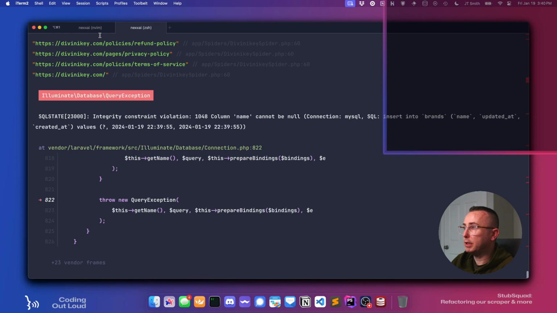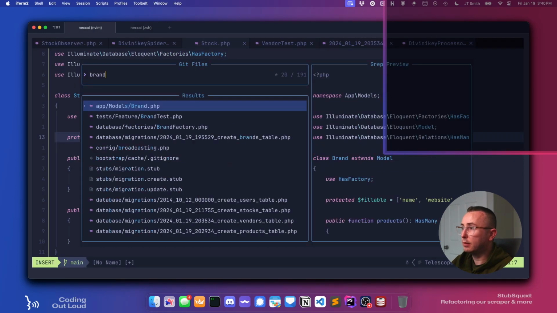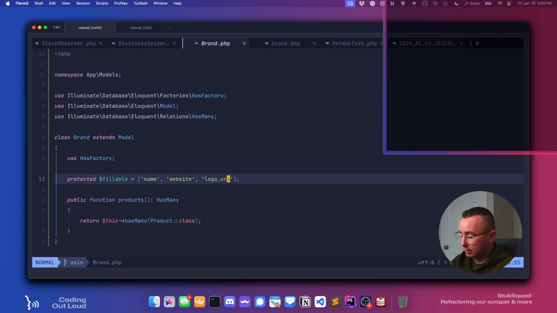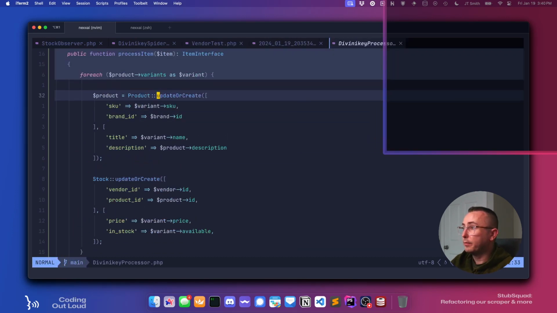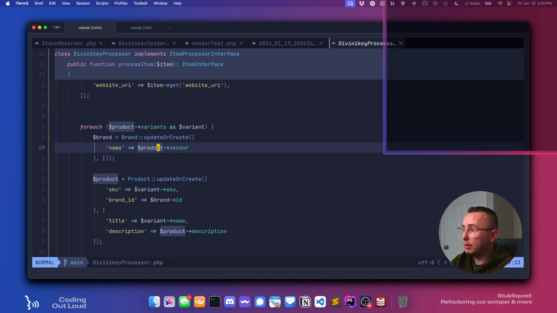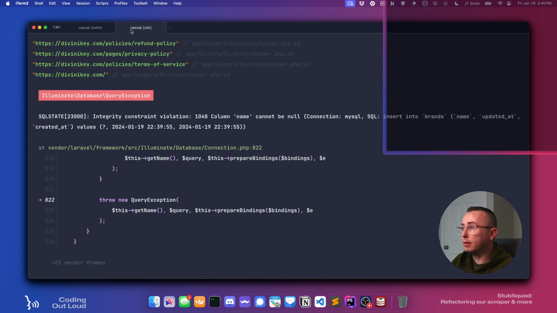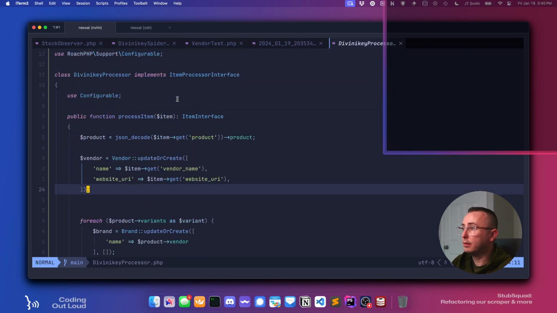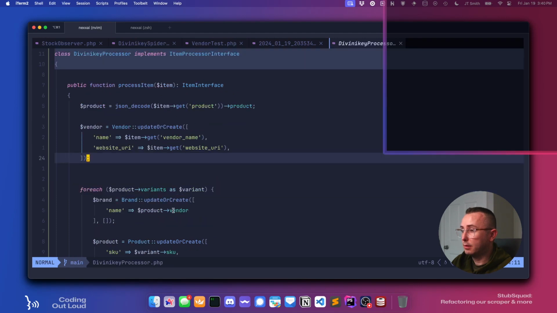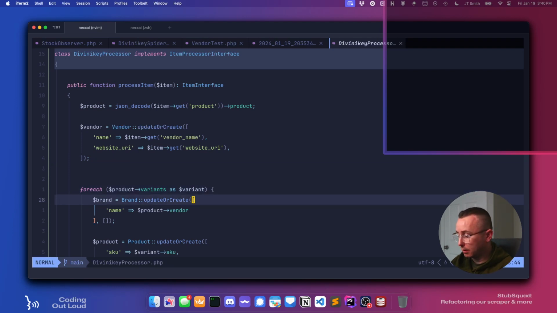Brand name cannot be null. Okay, so what are we not setting there? So close that. Brand name cannot be null. So I guess we're assuming there's a product vendor. Is it possible that there isn't one? I thought. Actually, let's